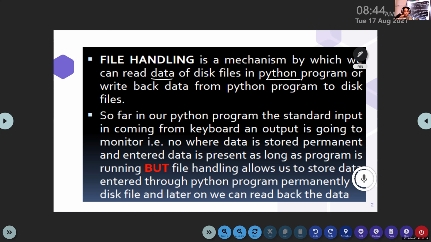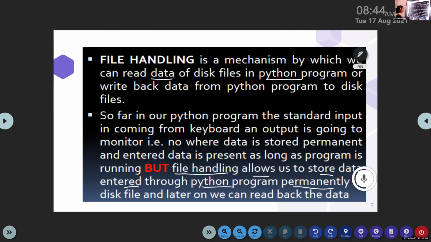Because of that problem, we are coming to the concept of file handling. So if we input some values using a program, they will be stored permanently and we can access that data whenever we want in future. See, look at this. File handling allows us to store the data entered through the Python program permanently.